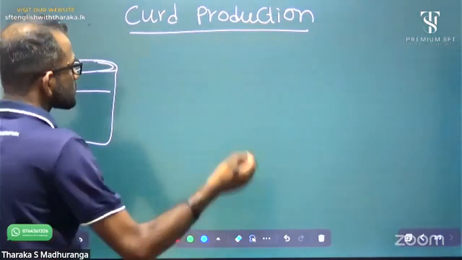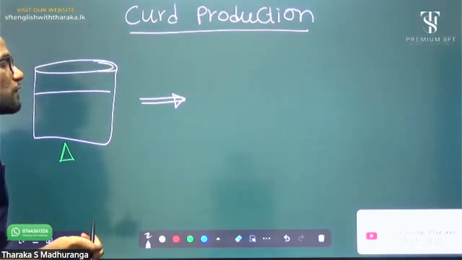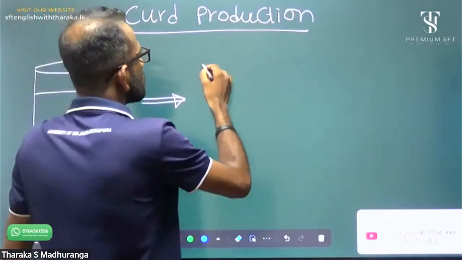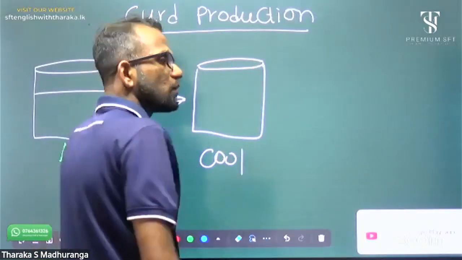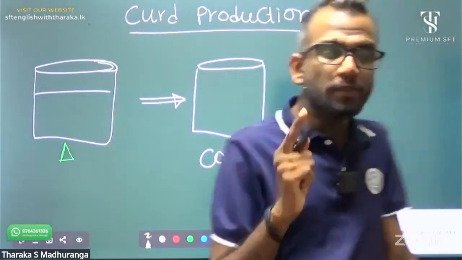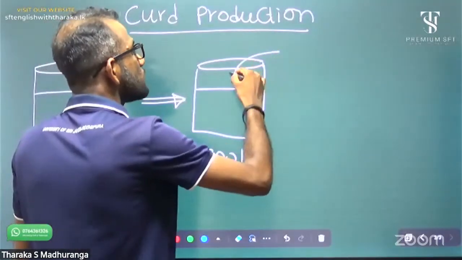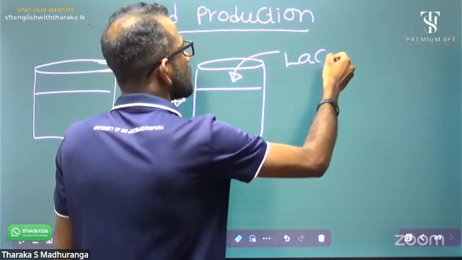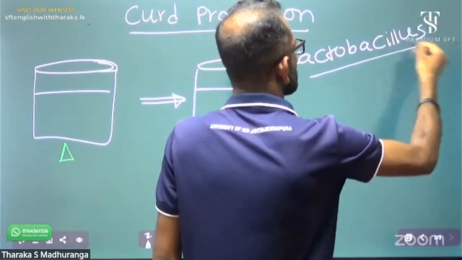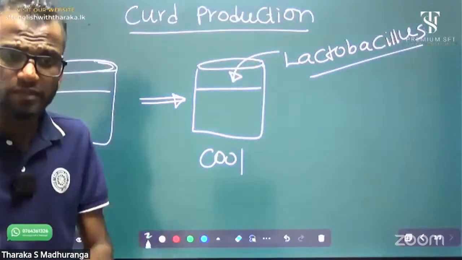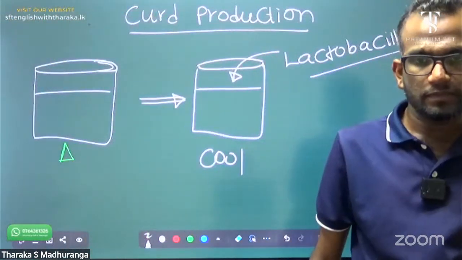Naturally growing microorganisms we can destroy. After that, we have to introduce the culture when it is cooled down. After pasteurization, we have to cool to room temperature and introduce the special lactobacillus culture, lactobacillus bacteria. Okay, how to introduce this lactobacillus bacteria?